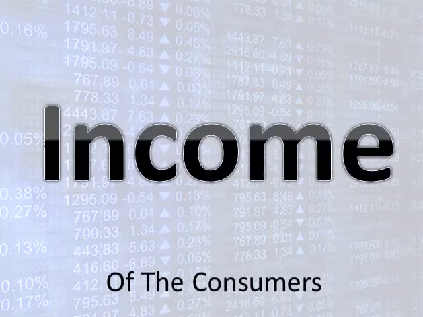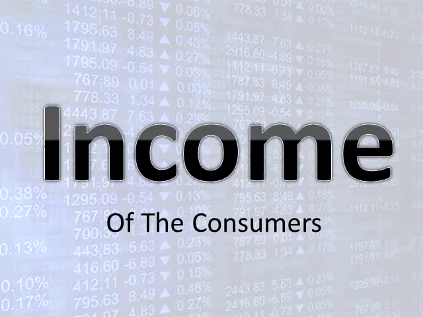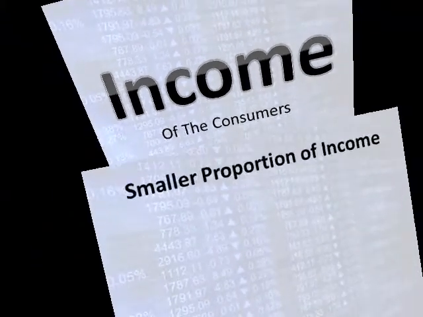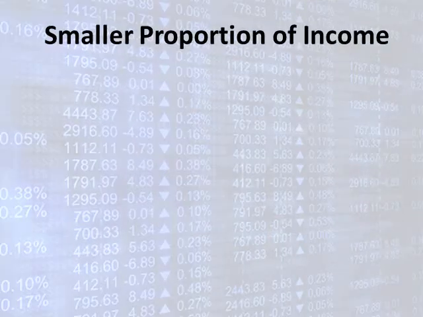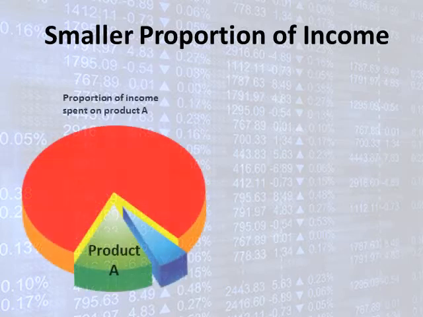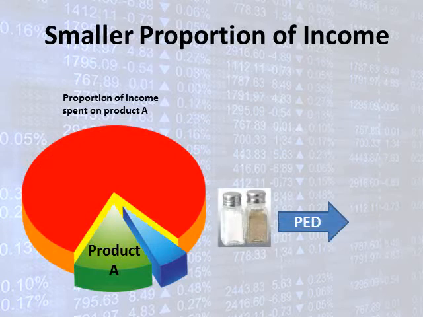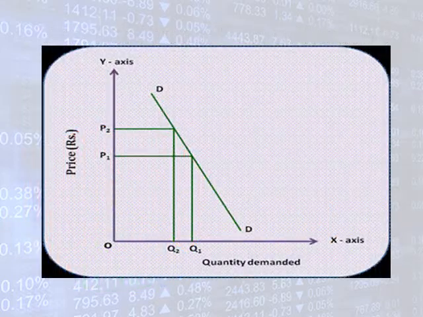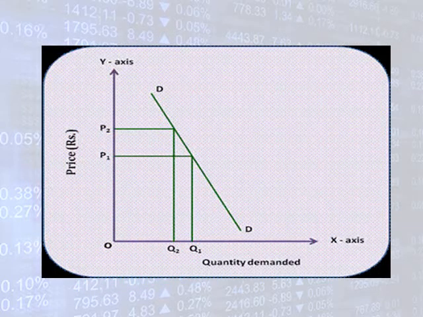The second factor affecting PED is income level. The smaller the proportion of income spent on the good, the lower the tendency of elasticity to change. When only a small proportion of income is spent on the good, there is no great effort to look for substitutes, for example, salt or pepper, hence their PED is less than 1. This implies that a large percentage increase in its price will not change the quantity demanded by much, as shown